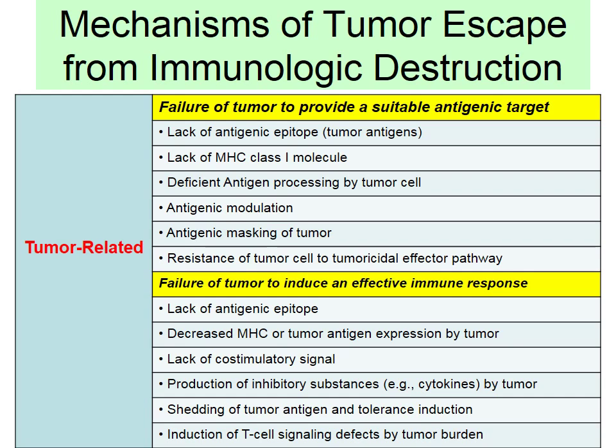So it's a pretty smart mechanism for the tumor cells. Or let's say they recognize it, but the immune response is not sufficient. Even if it's not that smart, it is not sufficient because of a lack of antigen epitope and decreased MHC, and they can also block co-stimulatory signals. Some of the tumors would do that. They know that you need two signals for T cell activation. So okay, let it be that you go through the first signal, and then they block the second signal.